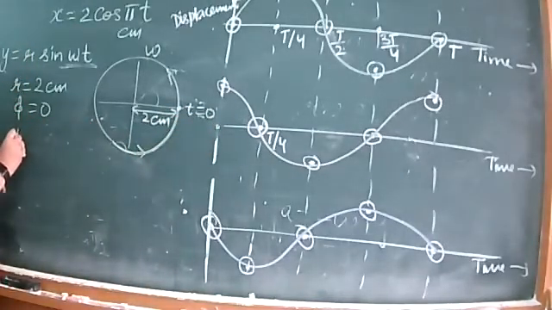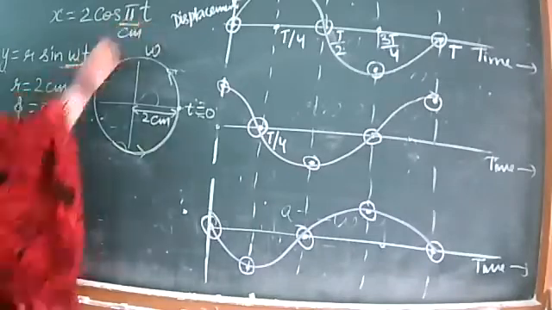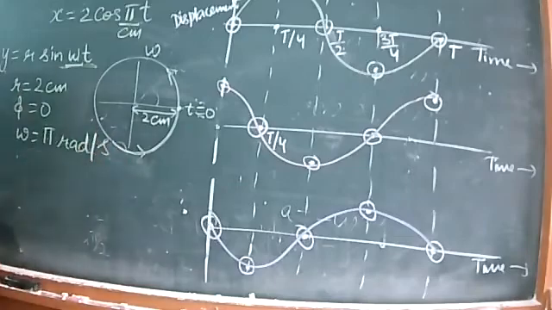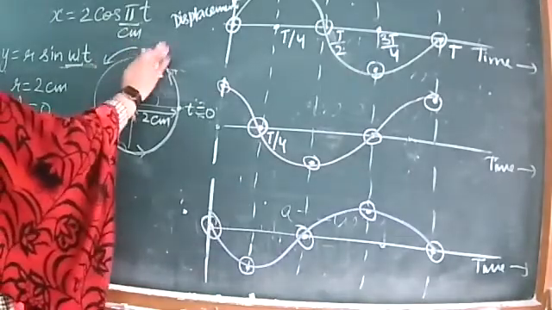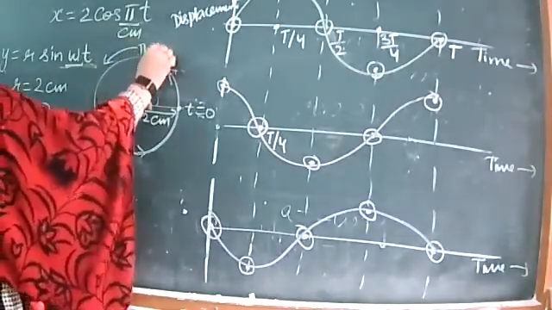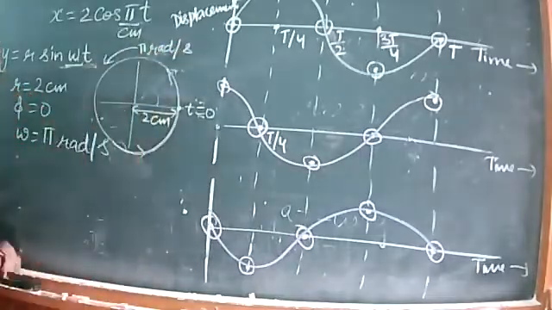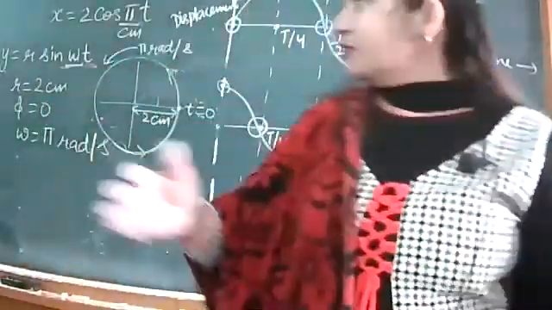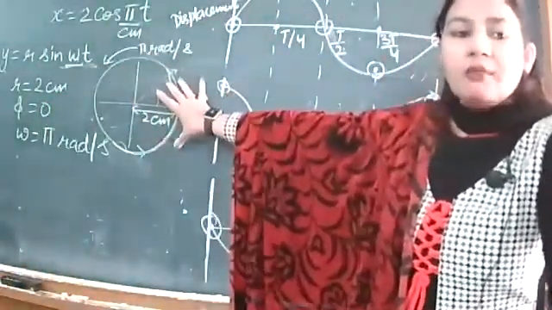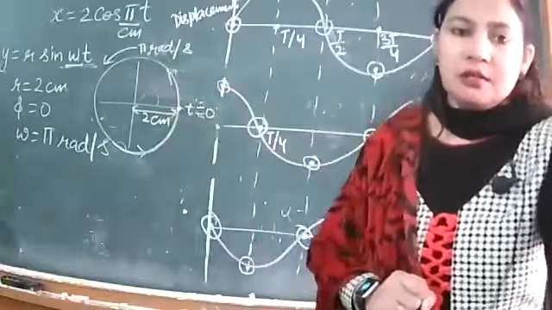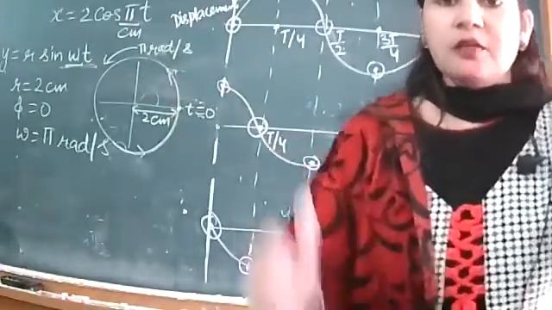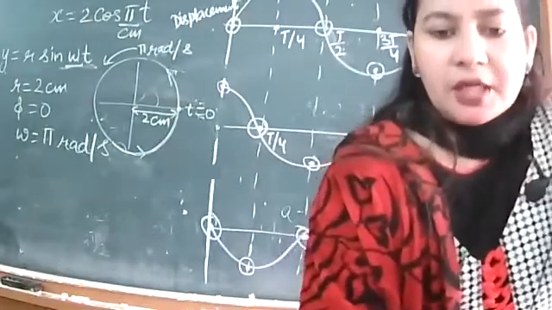और आपका ओमेगा किसके इक्वल है, कंपेयर करिए, दैट इज इक्वल टू पाई, ओमेगा इज पाई रेडियन पर सेकेंड। आपकी एंगुलर स्पीड कितनी दी हुई है, आप यहाँ पे एक्सप्रेस कर सकते हो, पाई रेडियन पर सेकेंड। सो दिस इज योर रेफरेंस सर्कल, विद द हेल्प ऑफ दैट इक्वेशन यू हैव फॉर्म्ड योर ओन रेफरेंस सर्कल। दिस वाज एन एनसीईआरटी क्वेश्चन, ठीक है। तो देख लो, बाकी हम कंटिन्यू करेंगे।